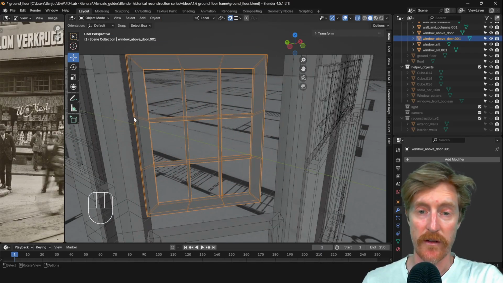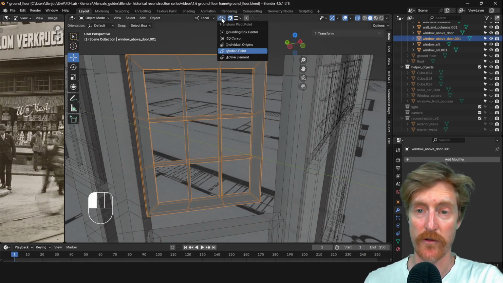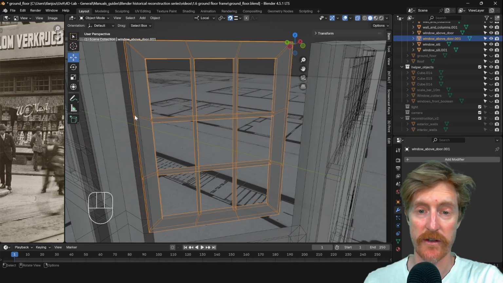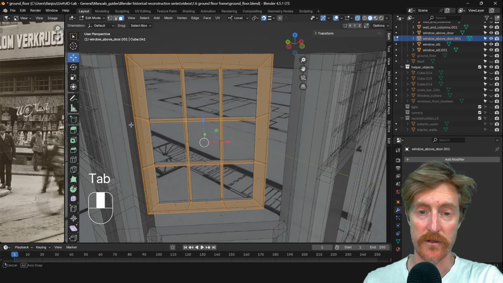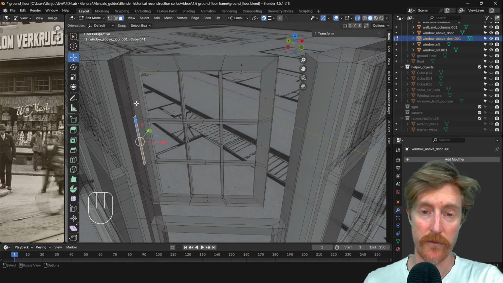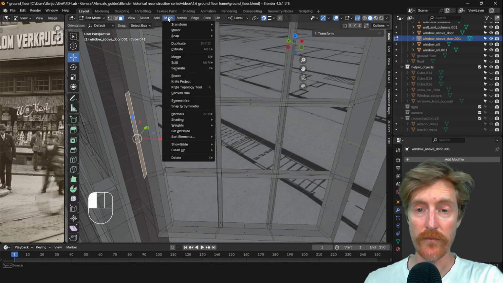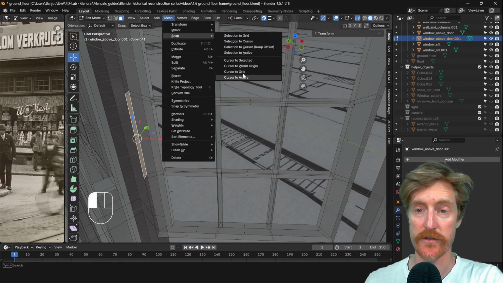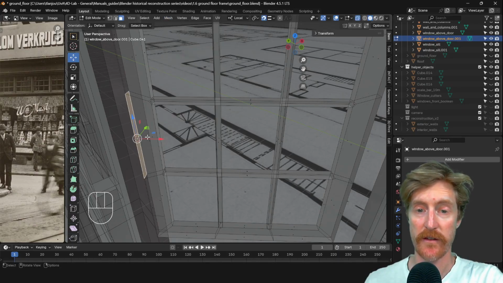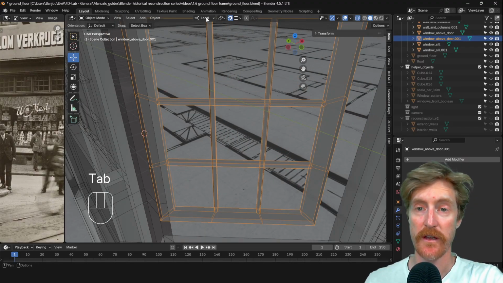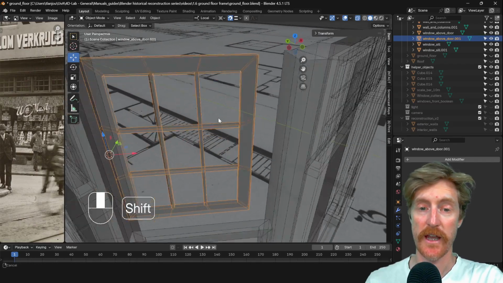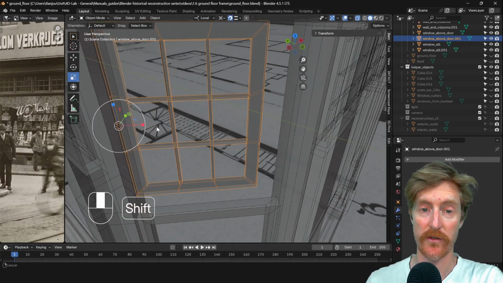That means that the origin of our transformation should be here, or the transform pivot point. So we're going to use the 3D cursor again to do that. So going to edit mode, select one of the faces to the side, doesn't matter which one. And then I go to mesh, snap cursor to selected. So the 3D cursor is now here. And then we can use the 3D cursor for the scaling. So when I'm now on the scale tool,